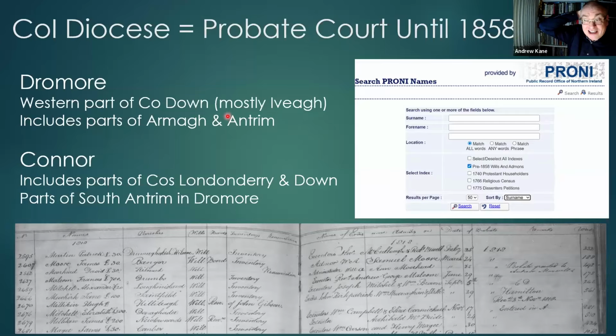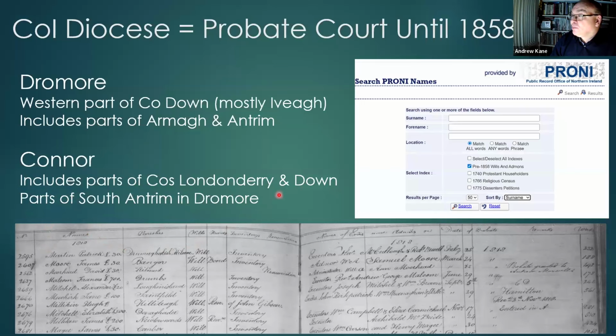And as a diocese is, I mean, there are 6, 7 dioceses that cover Ulster, and the vast majority of them will have a lot of townlands of the same name. So you really need to work out where your diocesan boundary is rather than your county boundary and things like that there. For example, Dromore is the western part of County Down, mostly Iveagh barony, but it includes parts of Armagh and County Antrim. Connor Diocese is mostly County Antrim, but it includes small parts of County Londonderry and County Down. And there are, as we saw for Dromore, small parts of County Antrim which are in Dromore. So be